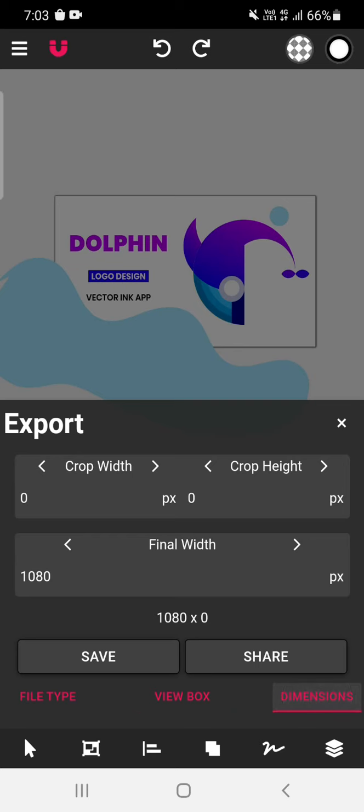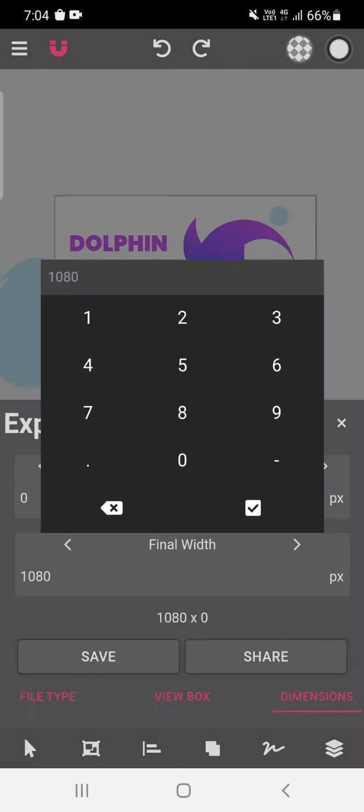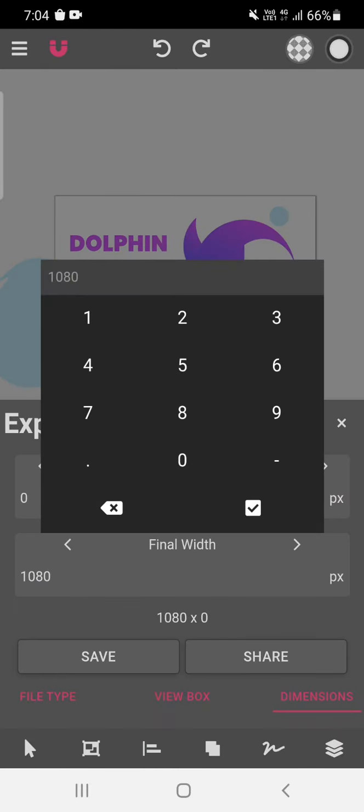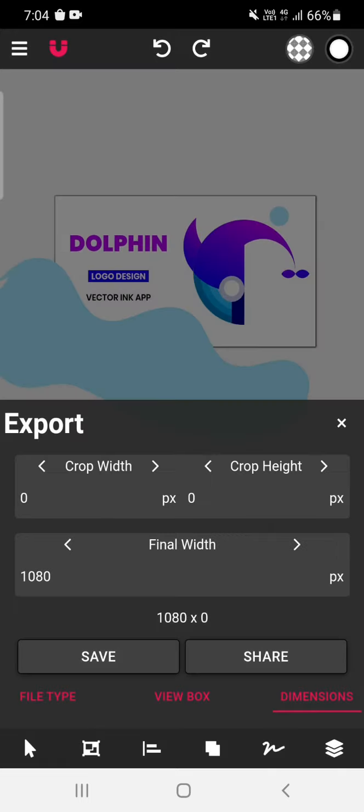Now we can see dimensions. Here you have this particular feature. See final bit. It is the method to increase the intensity, the pixels of your document. How to export the document in HD form. So here if you put more than 1080, so this 1080 will multiply to the original document pixel.